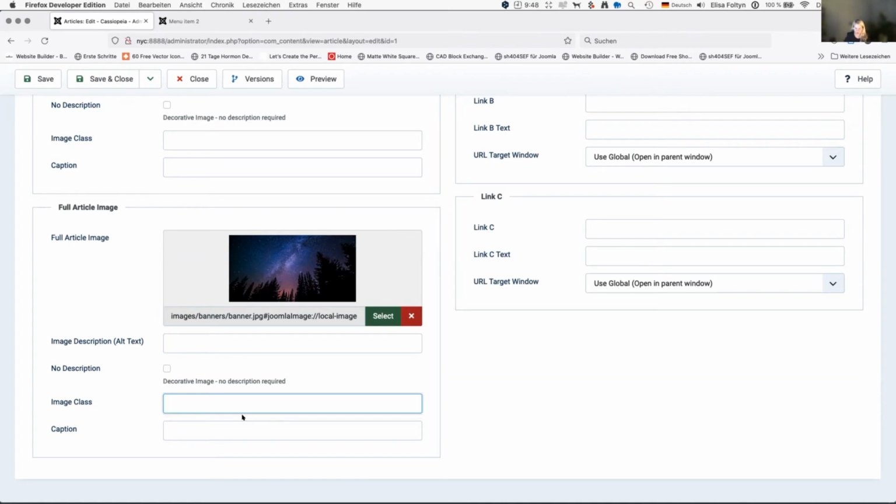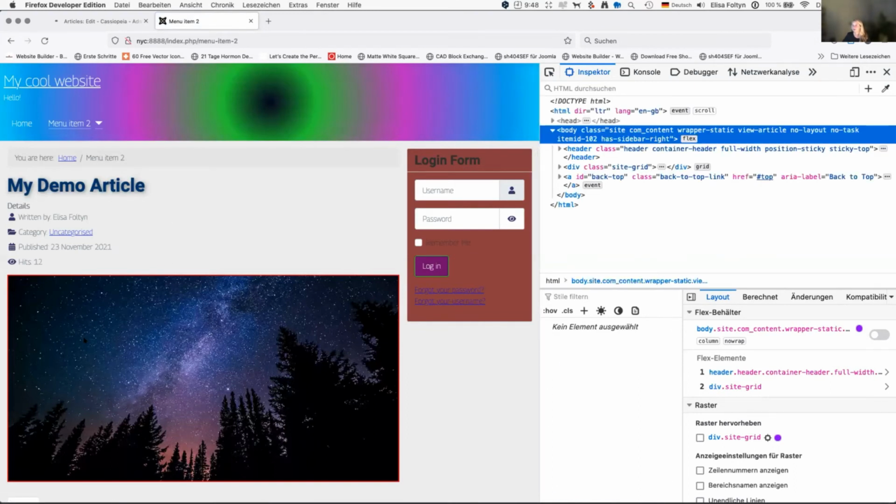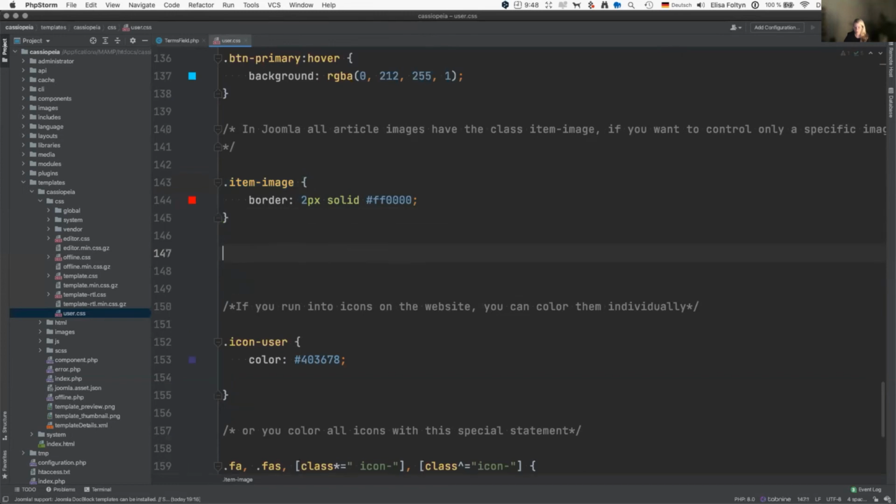But you could just write here, for example, green border. Save it. And nothing happens, of course, because just when I write green border, nothing can happen. But when I write here, green border,